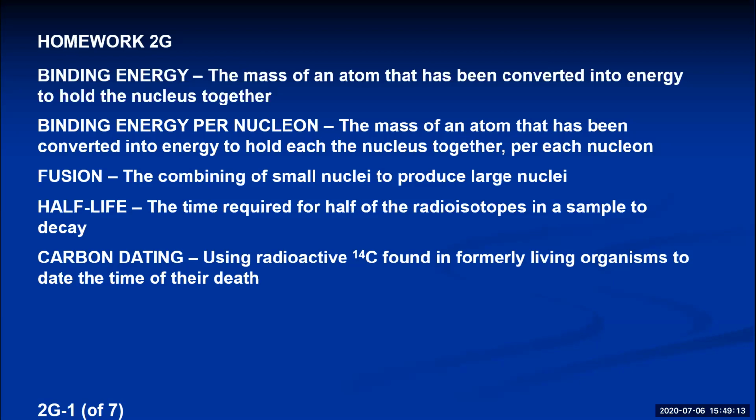Number 1, calculate the binding energy per nucleon for the following nuclear species. The first one is chlorine-37, and its experimental atomic mass is given. First, calculating the theoretical mass of a chlorine-37 atom. There are 17 protons and electrons. That would have a mass of